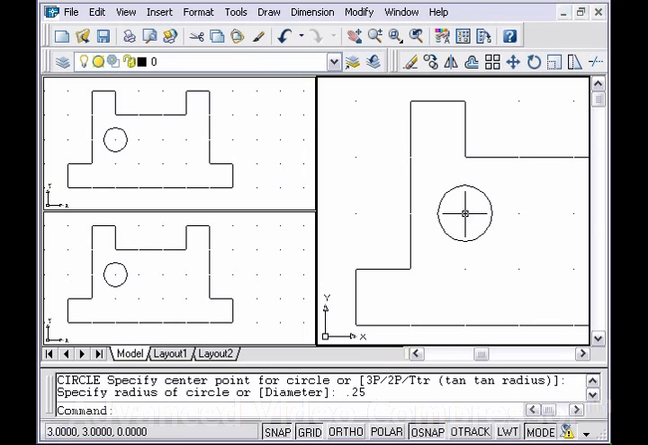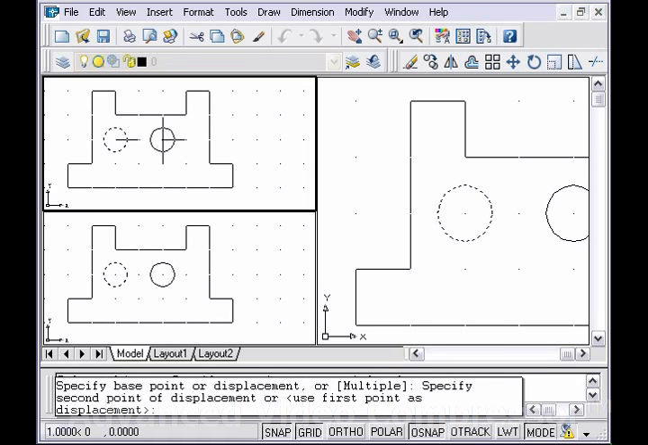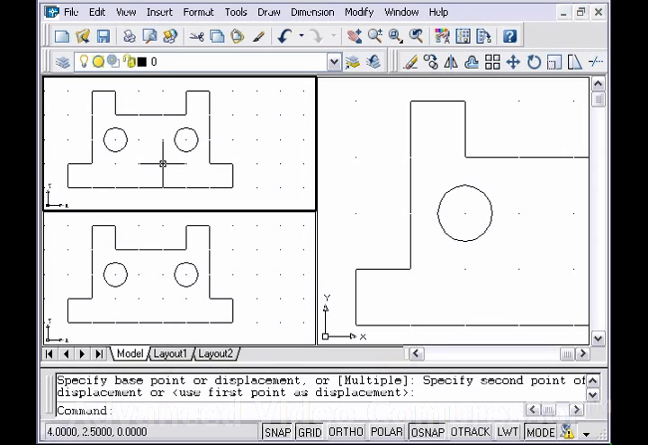If you want to make another viewport active, you can bring your cursor into that viewport and click. That then becomes your active viewport. So for instance, if you want to copy your circle in that viewport, you can do that. I'm going to go to my copy command. I'll window around my circle. I'll copy it to the other side of the object, and you see that again, that circle is being displayed